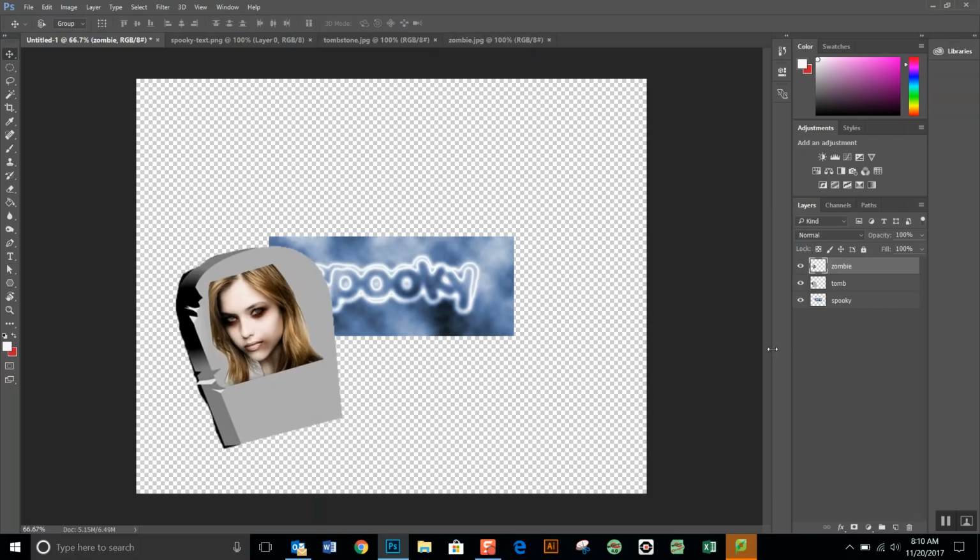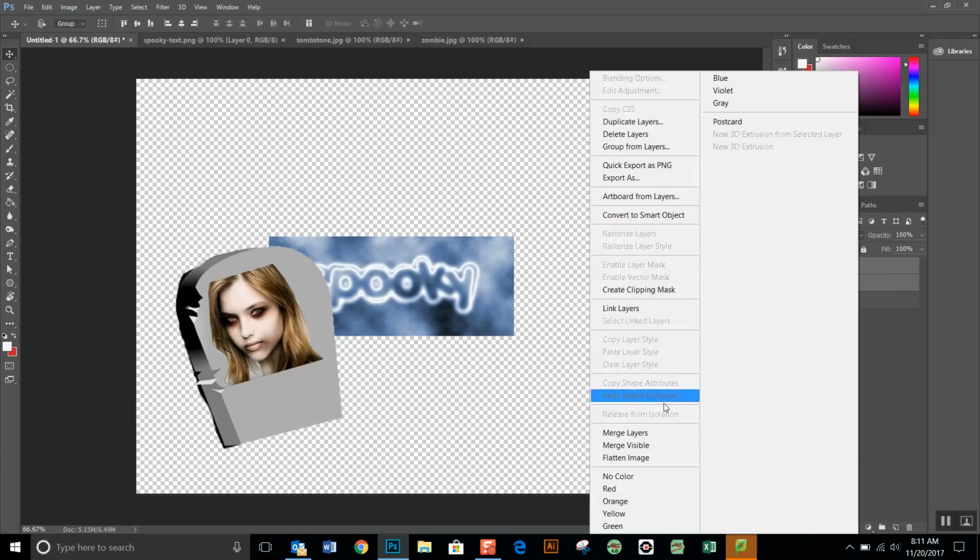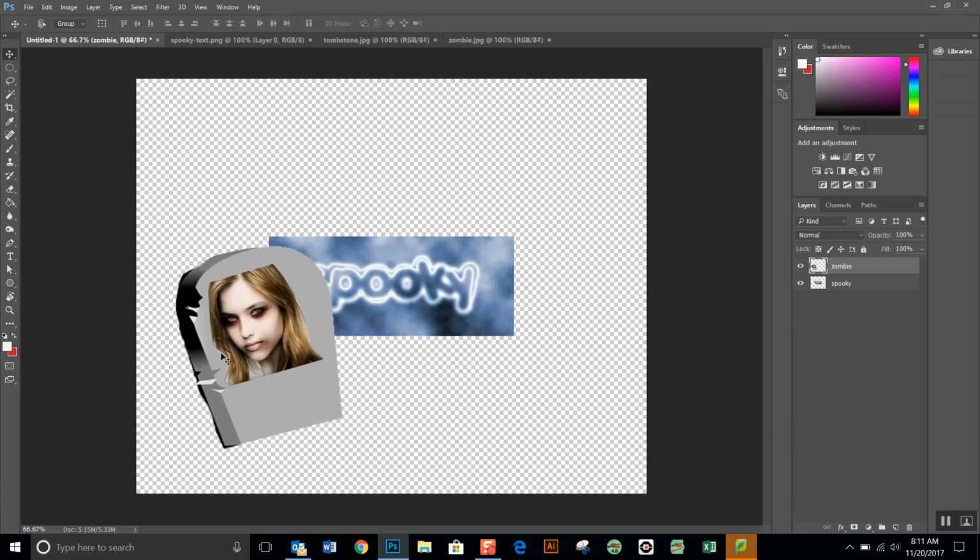Now, the cool thing is that these are still 2 layers, but you're most likely going to keep this together. So you can do 2 things. One, you could take and highlight, hold the Shift key down and highlight both of them, and then right click and say Merge Layers, and now you don't have the choice to move that. If you're 100% sure, you can do that, but a better way to do it is